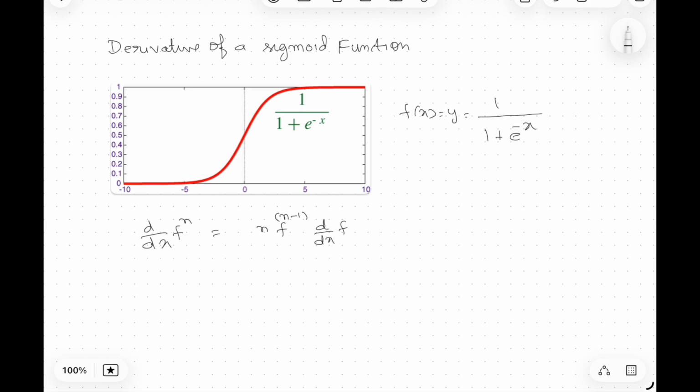So we will apply this formula here. So d over dx of 1 upon 1 plus e to the power minus x. We can also write this as d over dx of (1 plus e to the power minus x) to the power minus 1,